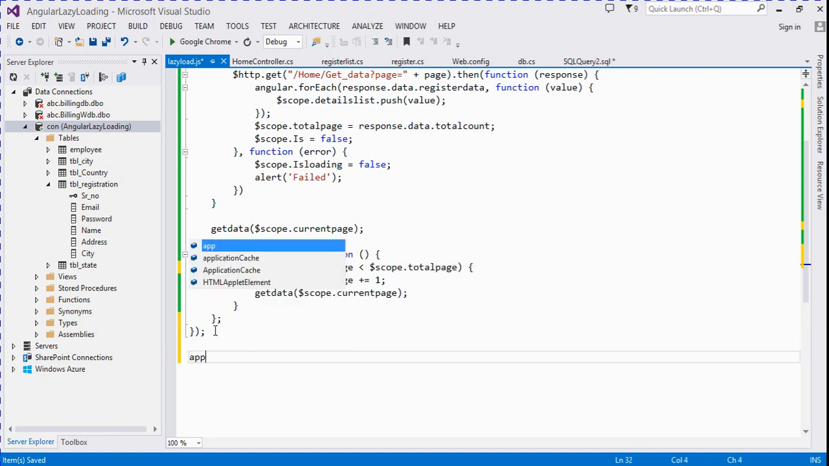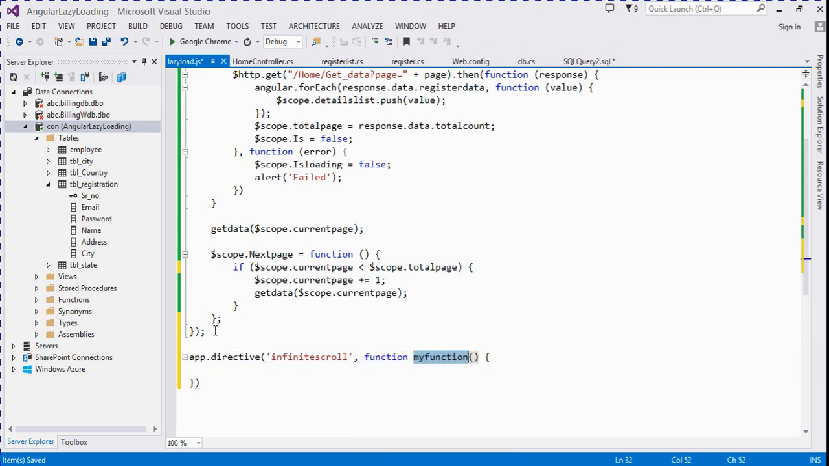Now we create one more directive for firing the functions on a page scroll. It's a directive, right here the directive name is like infinite scroll, and here we create a function for this. It's a return, restrict is equal to A,